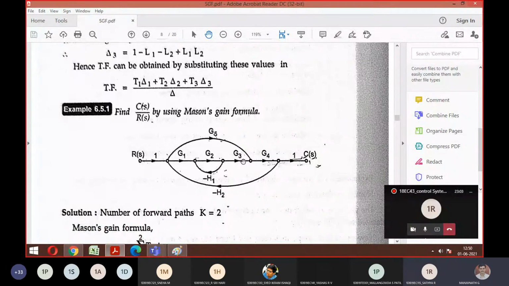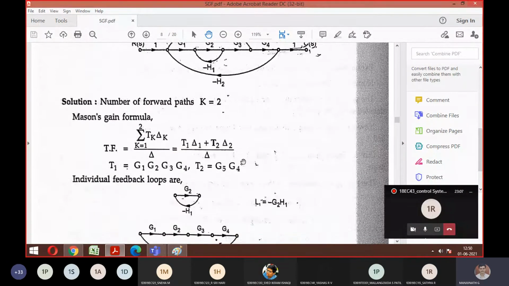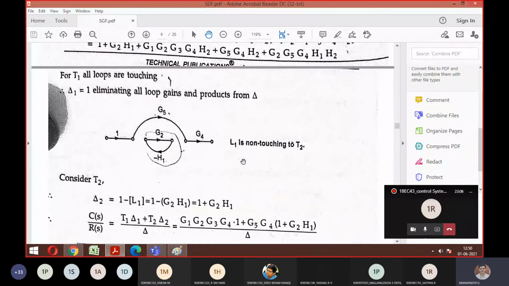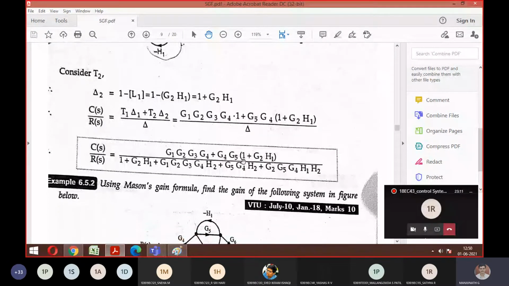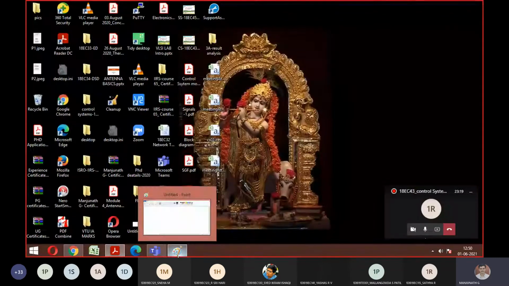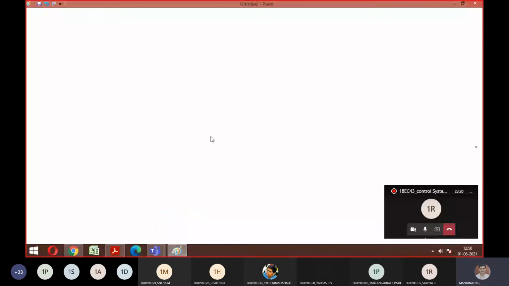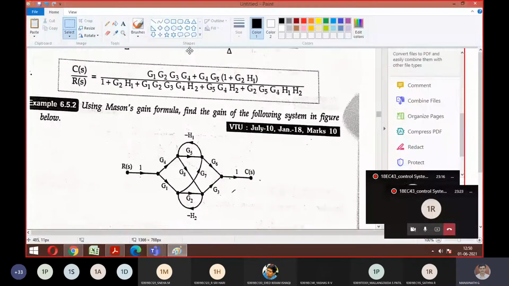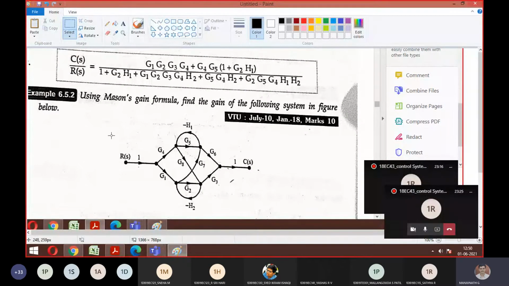So you got the idea how to do a non-touching loop, three non-touching loops. Fine. So let me give one problem now. So I want you to follow the procedure we did. Okay. So this is a question. So let me copy this question and paste it in Paint. So now you tell me what procedure we are supposed to follow, because what you understood yesterday, the same concept repeats here. Only thing is the diagram is changed. That's it. So first thing is what, guys?